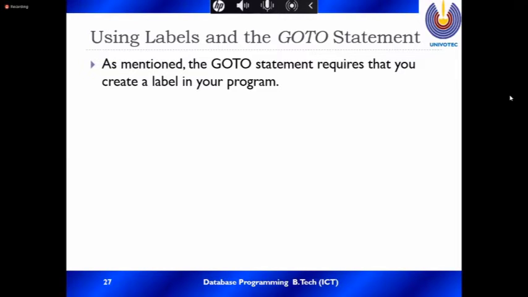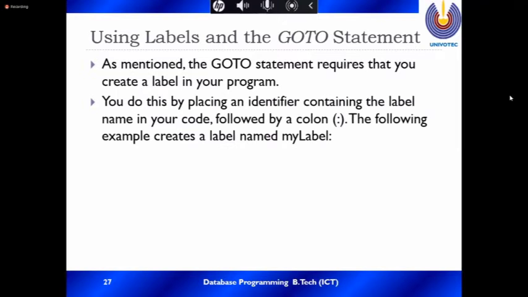As I mentioned, the goto statement requires that you create the label in your program. First you create the label, and after that you write the statement goto to this particular label place.